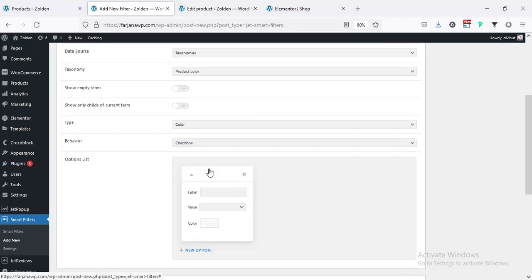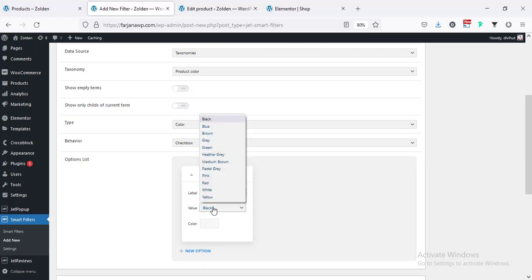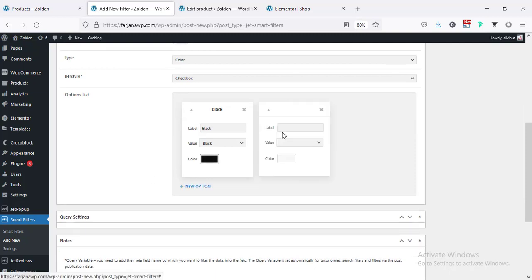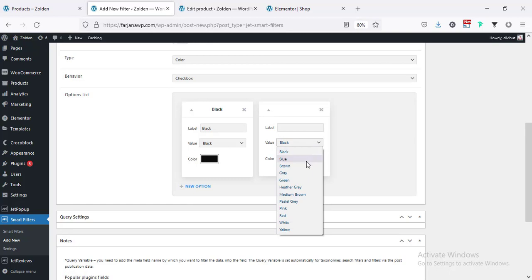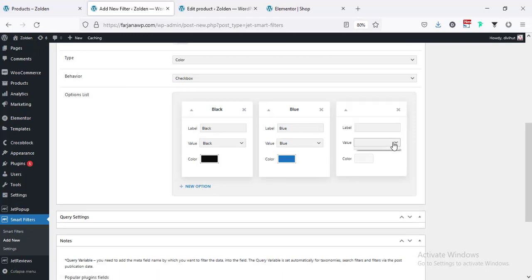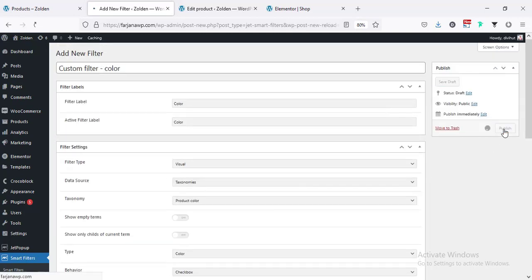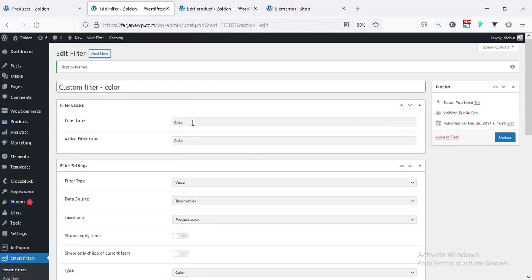And options list, going to option, the first one is black, and here is the value. It's coming from our attribute value list, and we can select a specific color. For this color I'm selecting the black color, and going to create another one. I'm typing, or first I'm selecting the blue and then typing blue, and here I'm selecting the blue color, and also going to take another one. I'm taking brown and typing brown, then color, and all others is okay. Now going to publish. Now I want to show this filter on our shop page, so going to shop page,